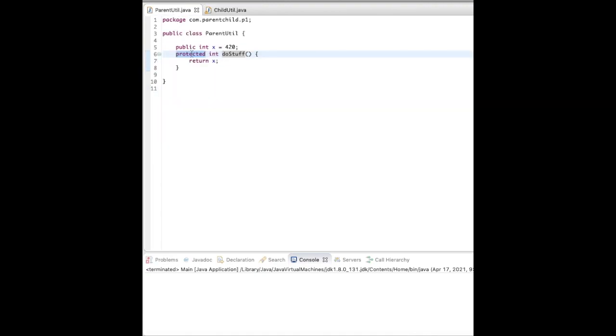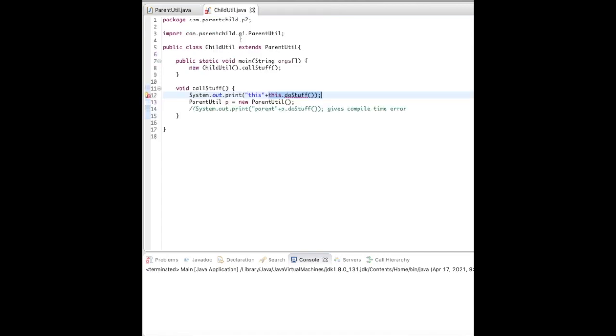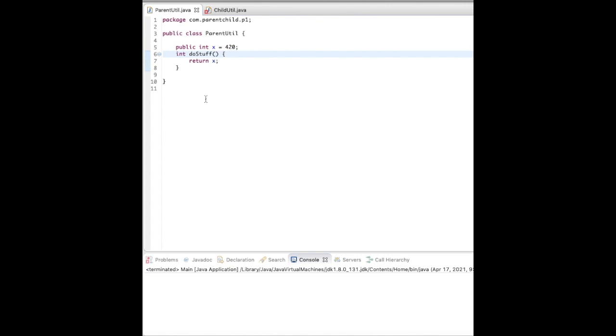But in case of the default access specifier, let's say no access specifier, that time we are getting a compile time error because doStuff is not visible here. So that is the protected one.